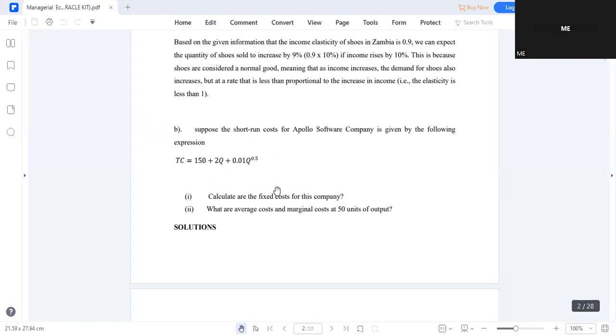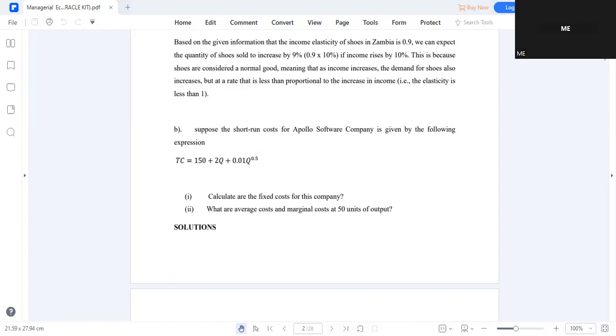Then we go to the cost function. So we're given in this question